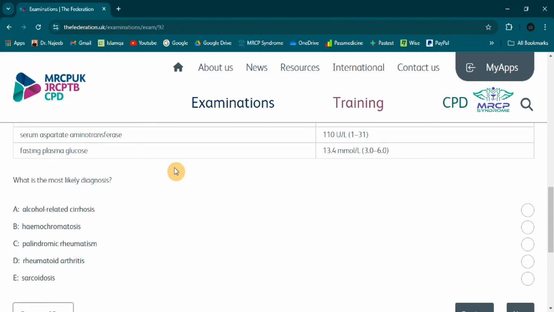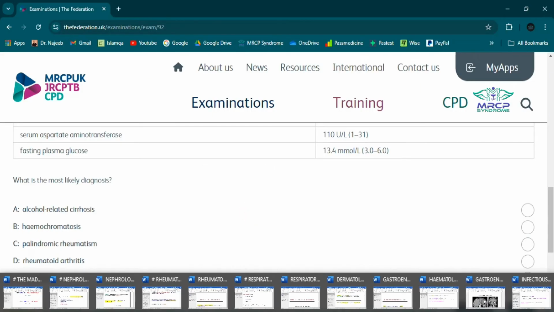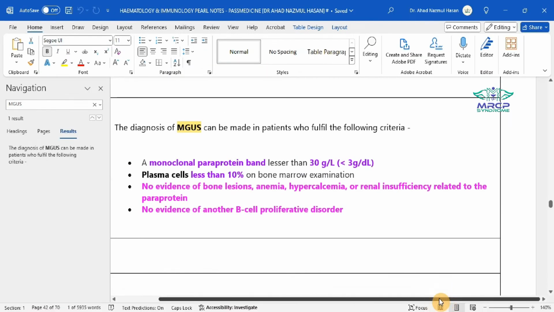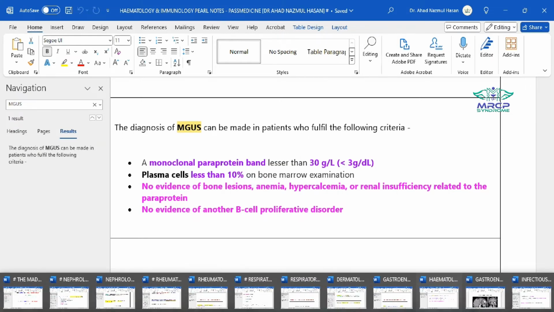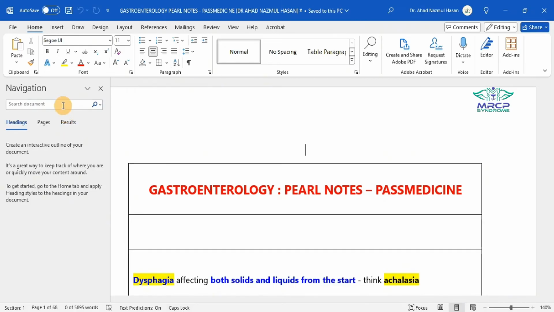So what should be the investigation of choice in case of hemochromatosis? Transferrin saturation. So we'll be going for both serum ferritin and transferrin saturation measurement, and both of them are expected to be elevated. And for the confirmatory diagnosis,